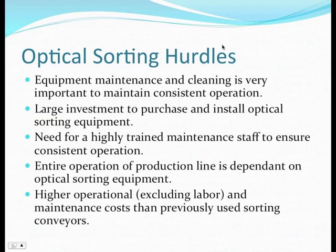Some of the things that we had found as hurdles to our optical sorting and some of our considerations was the large investment up front, not only of the optical sorting equipment, but also the processing equipment, conveyors previous to it, and air compressors and things of that nature. Also the discipline that would be required to ensure that the equipment was maintained properly and that the maintenance staff was trained and qualified in order to fix this equipment